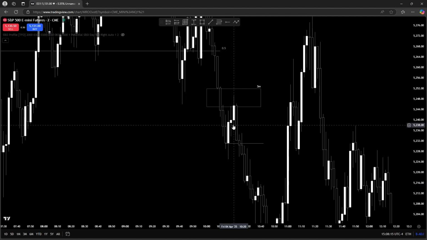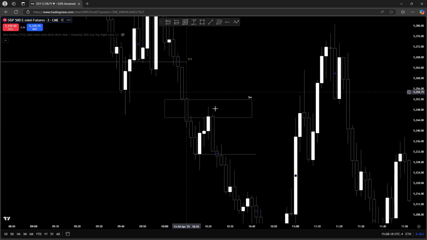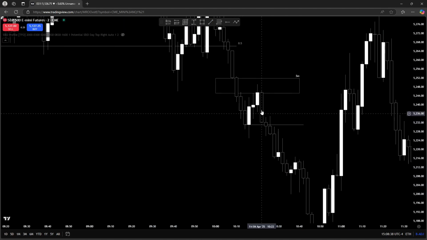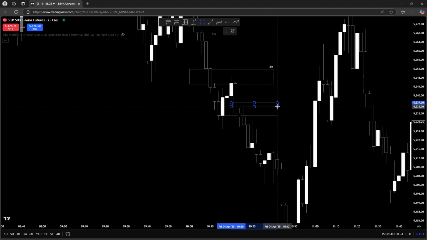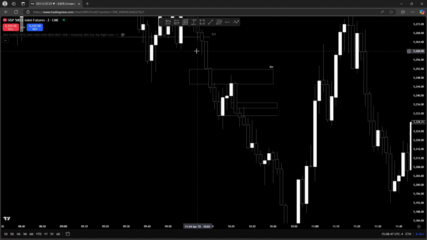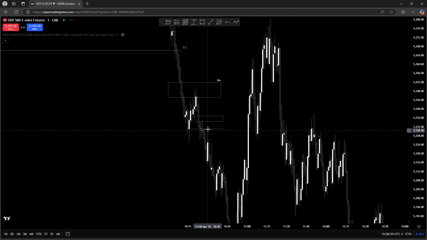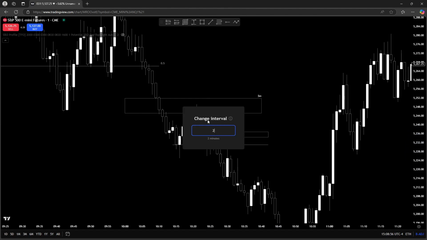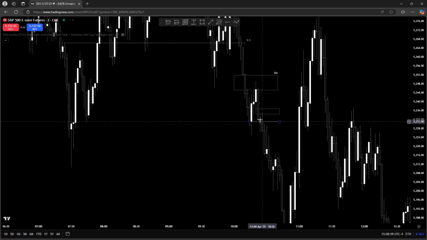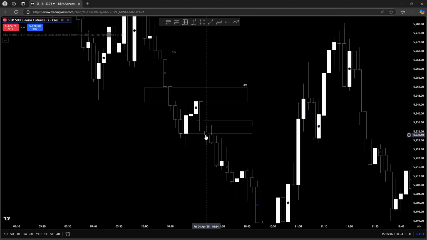As you can see, we go into the 5-minute. As you can see, it closes below, and then we get this placement lower. This is a 2-minute gap. There was a 2-minute gap and a 1-minute gap here. See, this is a nice 2-minute gap, and we put in a 1-minute gap here. I'll show you guys. Boom, large 1-minute gap right here, and then I want to see a close below on the 2-minute, and as you see, it closes here.